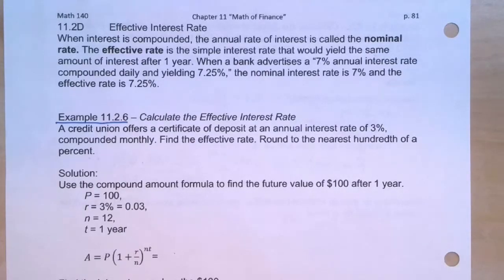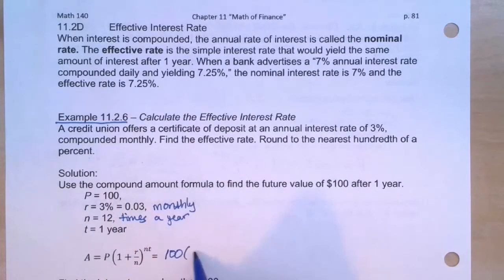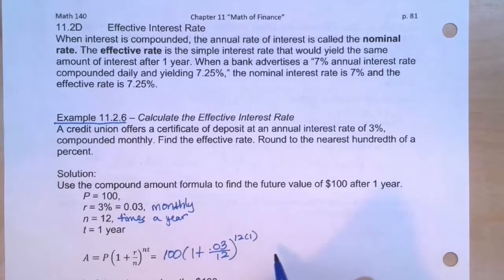A credit union offers a certificate of deposit at an annual interest rate of 3% compounded monthly. So we know R is 0.03, and that's monthly, so we get 12 times a year. We want to find the effective interest rate, and we're going to round it to the nearest hundredth of a percent. So we're going to use P as 100 and see what it does with $100. So plugging this in, our formula is 100 times (1 plus 0.03 over 12) to the 12 times 1, so 12, and we get